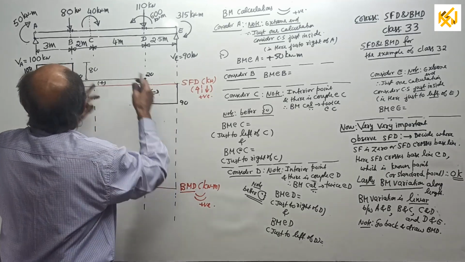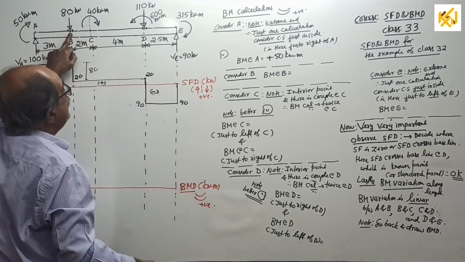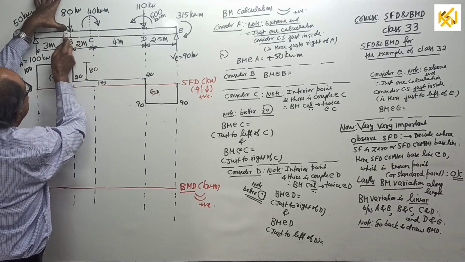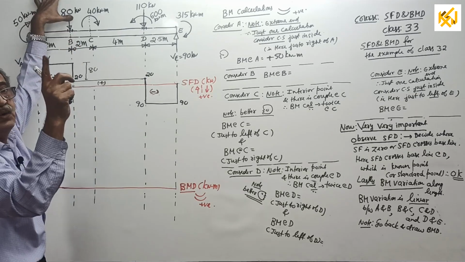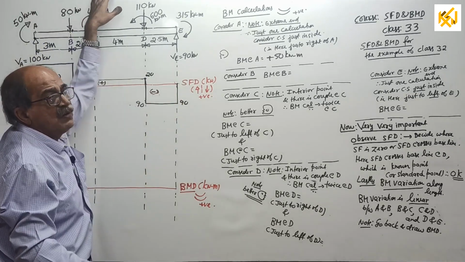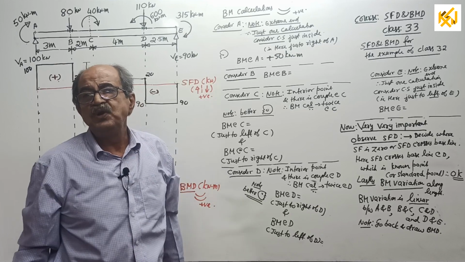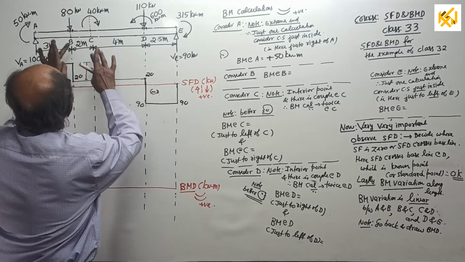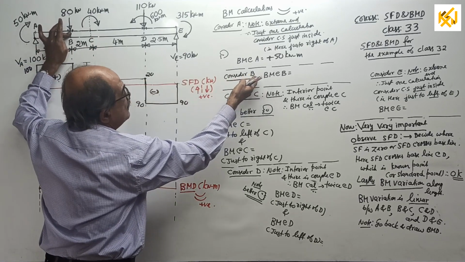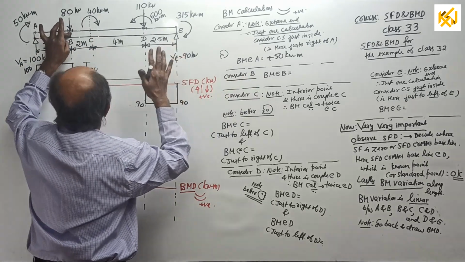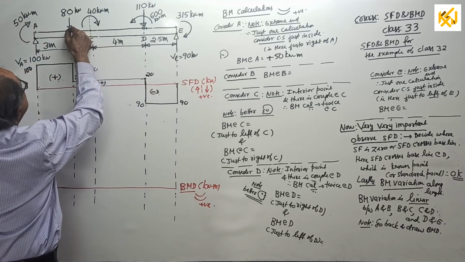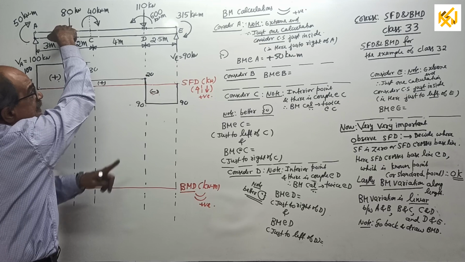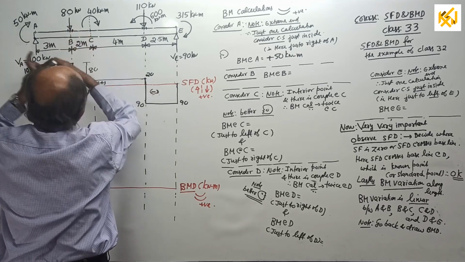Then, consider B. See, when you find shear force, you consider just to the left and just to the right because of a point load. For bending moment, our criterion is not a point load. To decide on twice calculation, a couple should be there. At B, there is no couple. You can write it if you want. There is no couple. Point load, no problem. Therefore, there is no question of just to left, just to right. Come to B and find the bending moment. Only one calculation. I think it is better to look left side.